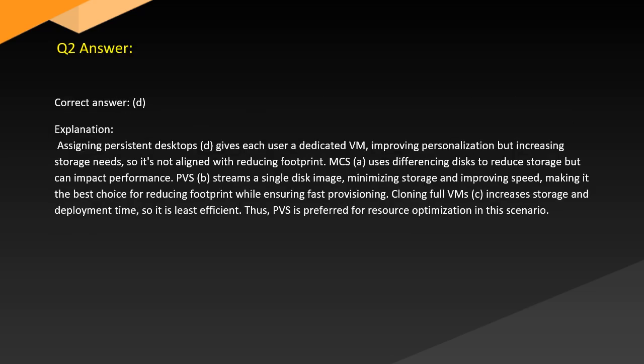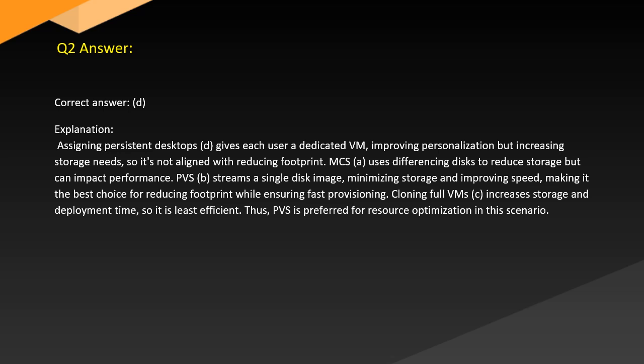Answer. Correct answer. D. Explanation. Assigning persistent desktops, D, gives each user a dedicated VM, improving personalization but increasing storage needs, so it's not aligned with reducing footprint. MCS, A, uses differencing disks to reduce storage but can impact performance. PVS, B, streams a single disk image, minimizing storage and improving speed, making it the best choice for reducing footprint